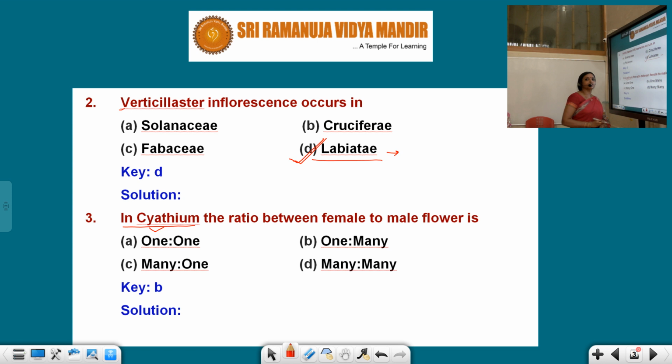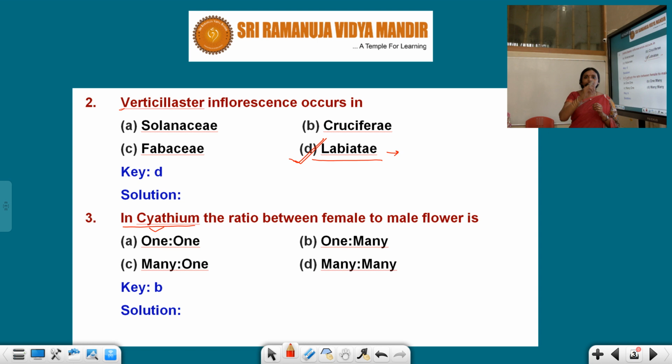One of the bracts forms a cup-like structure, and in that cup one female flower is there. I explained it to you that day. If you remember, if you have gone through that special type of inflorescence, then you can easily answer this question. Because one female flower, a tricarpellary female flower, is present. The structure, if you see, was like that.